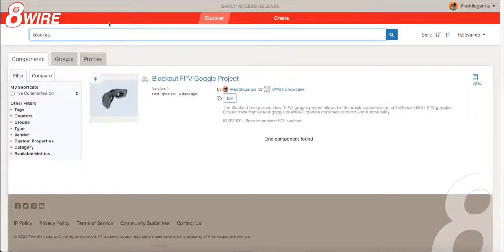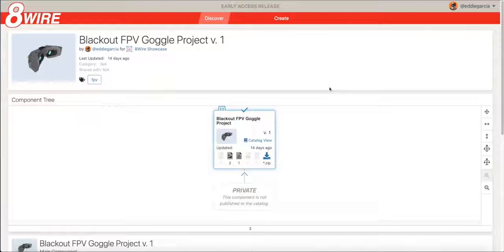You can basically use 8Wire as a bit of a Dropbox in a way, and you still have some basic organization with that project tree. So it's not just a bunch of files sitting there. It's hierarchical. It's a nice pyramid. You can build it as wide or as narrow as you want, and things become components of a project, subcomponents to those components. It's very dynamic and very flexible.